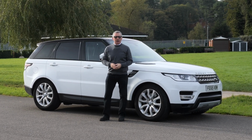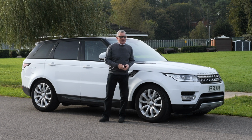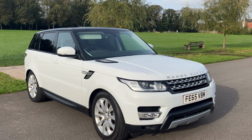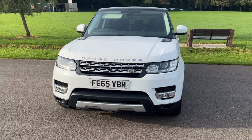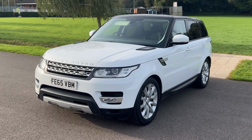Today I'm going to show you around our Range Rover Sport, then I'll take you for a ride in it, but first I'll tell you a little bit more about it, if my voice holds out. It's a Range Rover Sport 3 litre SD V6 HSE Auto. It's Euro 6, 2015 on a 65 plate, has done